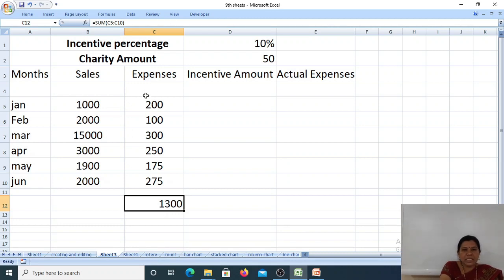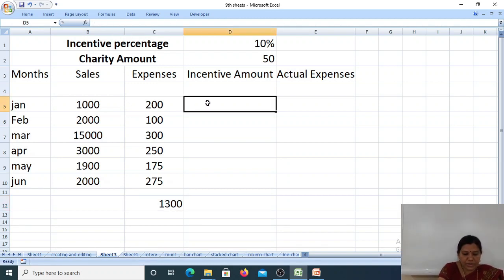Okay, for example, here now if I sold 1000 rupees of any material, I get a commission incentive of 10% on 1000 rupees. In the month of January I sold, in the month of February I sold, in the month of March also I sold. But I am getting 10% of what I sold. To calculate the incentive amount, what you have to do,